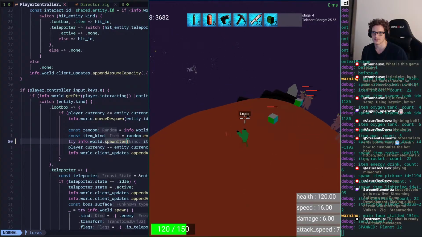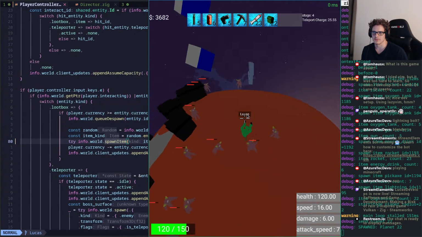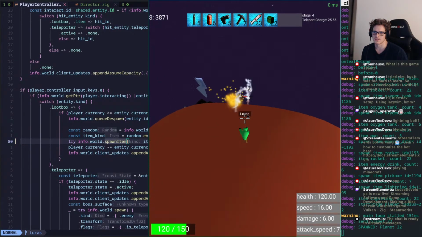Okay, let's see if this works. It should have spawned a lightning bolt there. Should probably do some animation or something like that. But yeah, no,